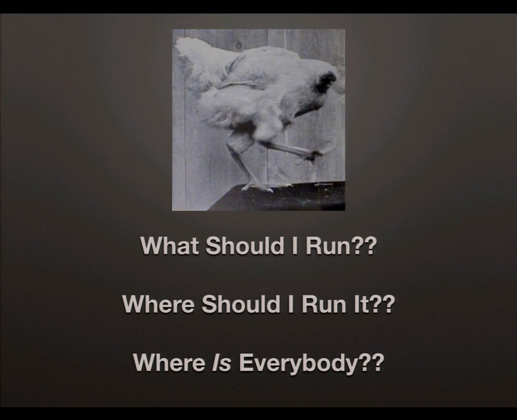So in order to avoid running around like a headless chicken, you need to know, well, first of all, what should I run? Which things do I need to run? I'm going to have a lot more things to manage now if I have lots of separate processes. Where should I run those things? Some of those things will be platform sensitive, so I can't run a Linux compiled executable on a Windows box, to take a fairly obvious example. And then finally, when all these things are running, well, where the hell is everybody else? How do any of the microservices instances see and connect to the other microservices that are out there on the network?